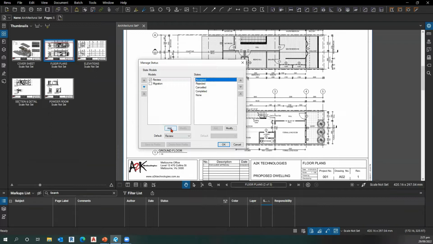You can add your own over here, or you can delete some if you want to, whatever the case is. For now, we're going to keep things nice and simple. So I have about 5 states: accepted, rejected, canceled, completed, and none. If you click on the Modify tab after you select any one, so for example, we've selected accepted, and